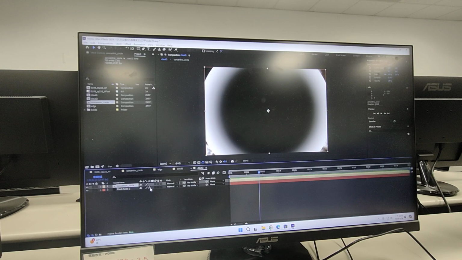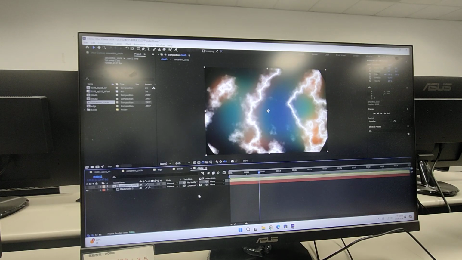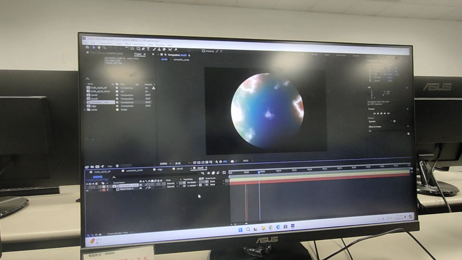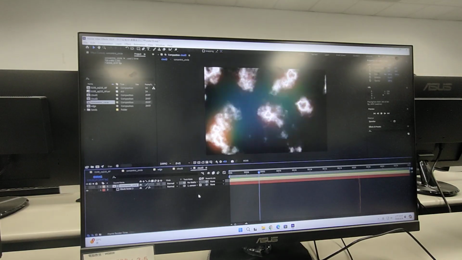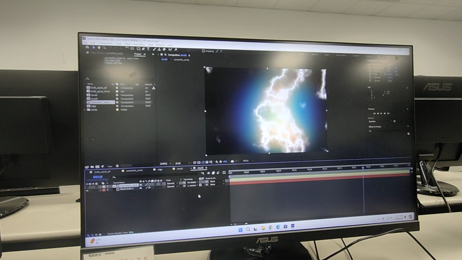So select the black solid 2 layer and check here. Select concentric circle. And then you can type your preview part key. Oh, I know, wait a minute.